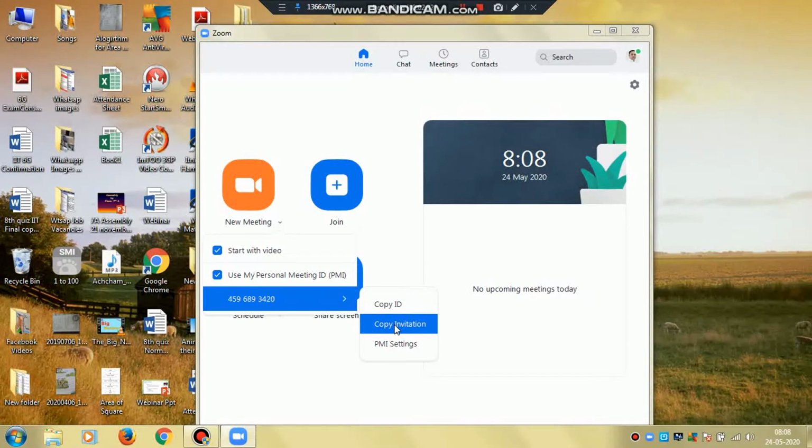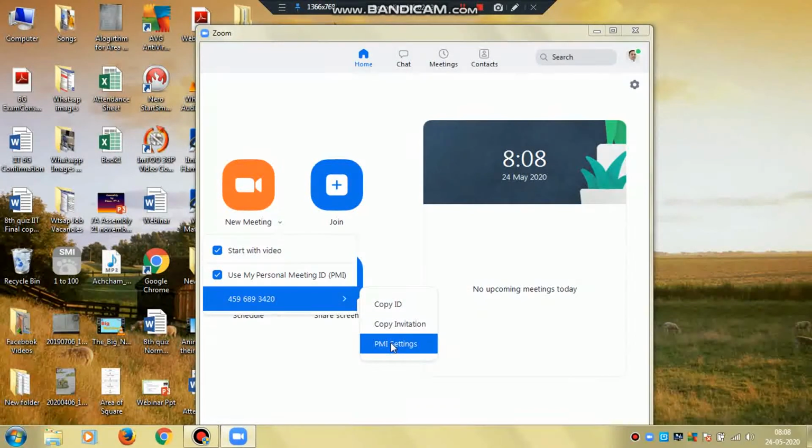It means after scheduling, if you want to copy your meeting details, you can click on copy invitation. Then you can send the meeting details to the students or to whomever you want. The third option is personal meeting ID settings.